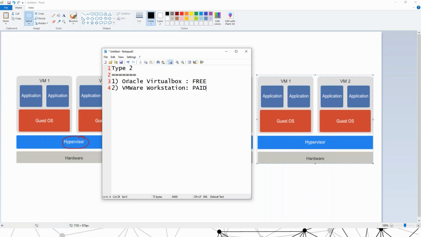If you go for VMware Workstation, it's paid. Personally, for many reasons I don't recommend anyone using a cracked version of the software, because it can cause you a lot of trouble. But if you go for a type 1 hypervisor, the more enterprise-level thing I told you about, we have VMware ESXi. It's paid, really costly, but still really good to learn. Then we have the KVM hypervisor; KVM is free, and we have many tools on that.